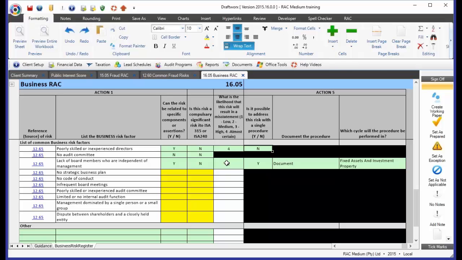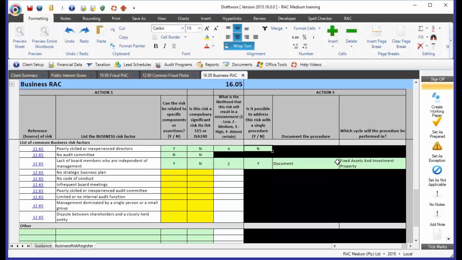This is the procedure that I'm going to do so that our audit plan is left with only low risks. We don't need to do the audit plan in detail because everything is going to be a substantive test of detail, and I will address that in a little more detail next week when we have a look at it. So for RAC Micro, you've got to document your procedures here, and this will then pull through